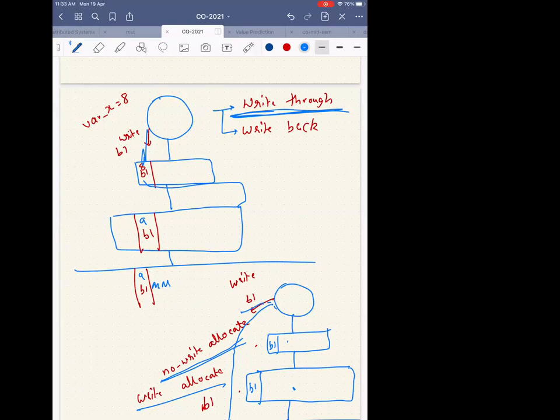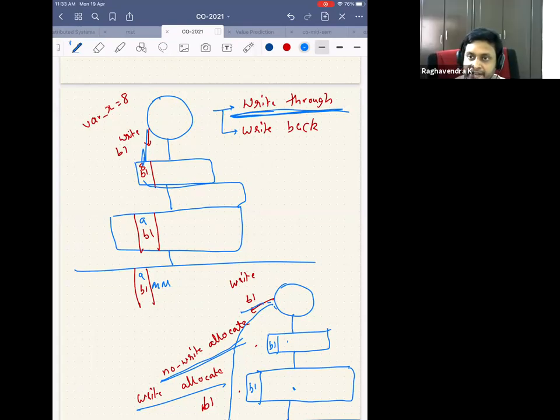Otherwise, it doesn't. See, when you say I need the block again, it might be for a write or for a read. Okay. Let's say I'm generating a write. I'm always generating a write to the block B1. I'm not generating a read, but I'm always generating a write to the block B1. My writes are very high to B1. Reads are very low to B1. And you have already chosen write through policy. Will you pick a write allocate or a no write allocate policy?